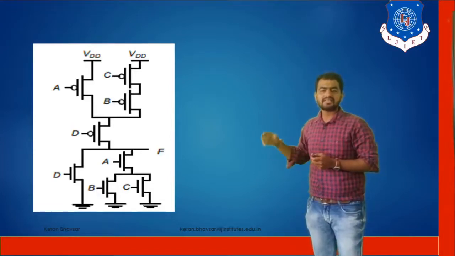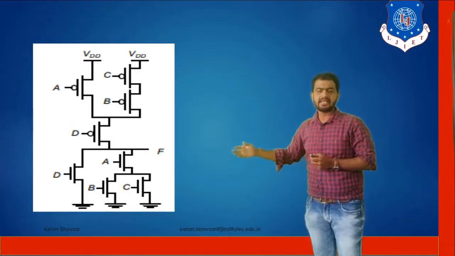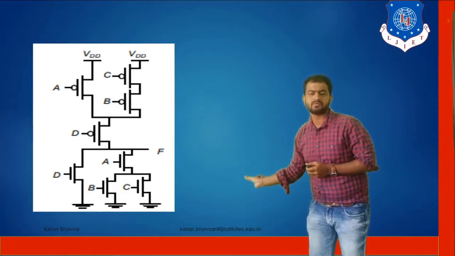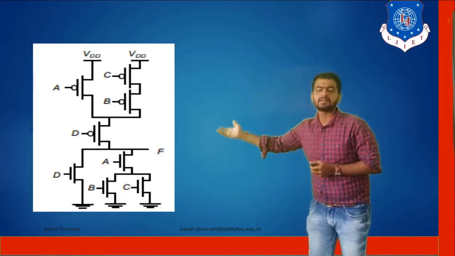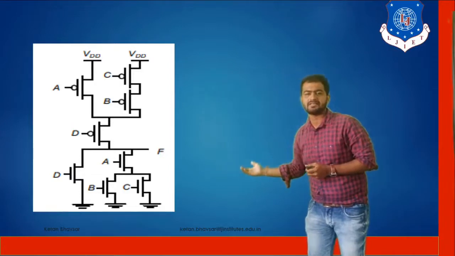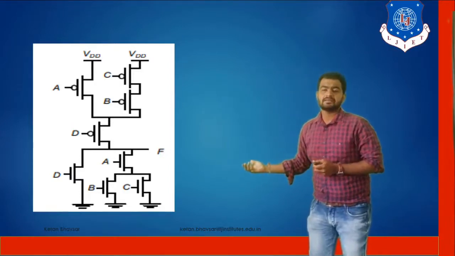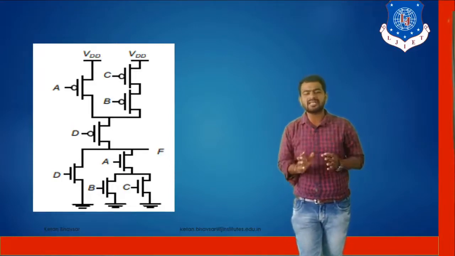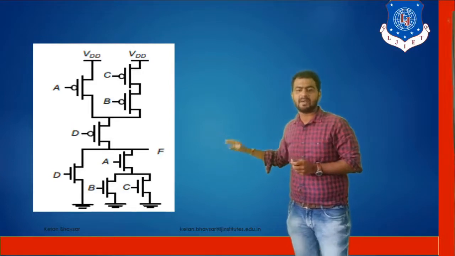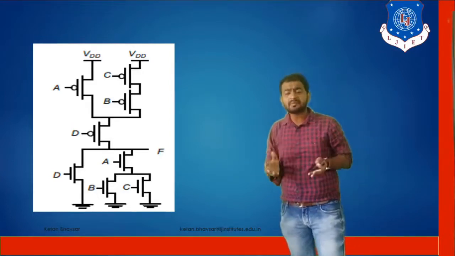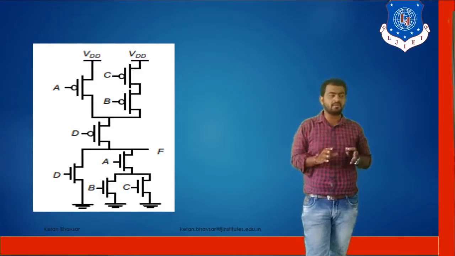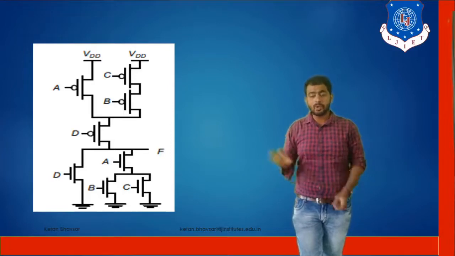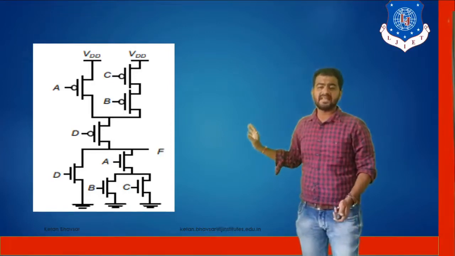So ultimately, as you can see, A, B, C and D, D, A, B, C. If it is connected in parallel here, then at the other end it's connected in series, and similarly, D is connected in parallel format, and similarly, D is connected in series. So when you're talking about parallel and series configuration, make sure that each and every time we connect it in a parallel and series manner. Any type of Boolean equation you can simplify with the help of a NOR gate, NAND gate, and inverter based circuit. Okay, so I hope that you are getting the idea about complex designing very well.